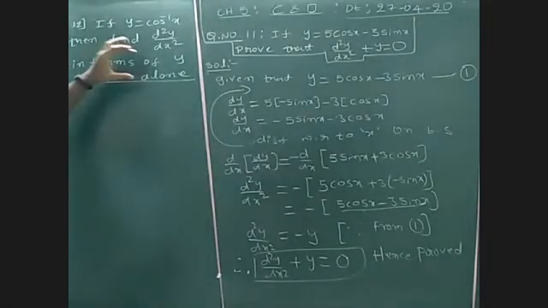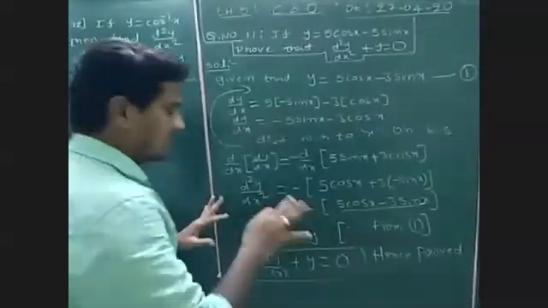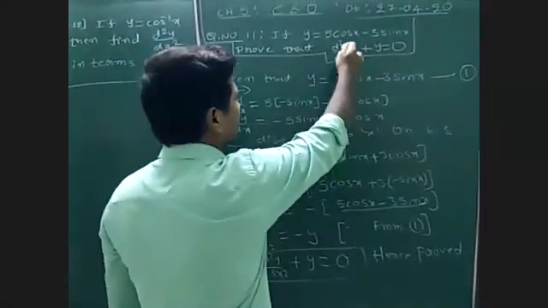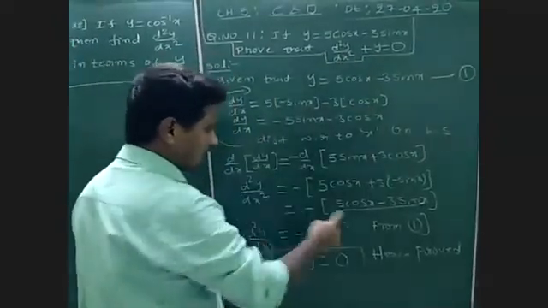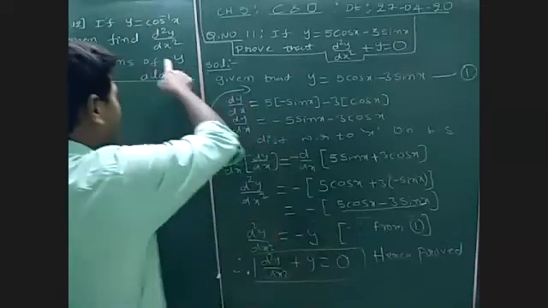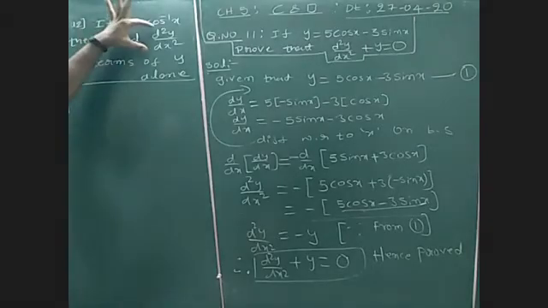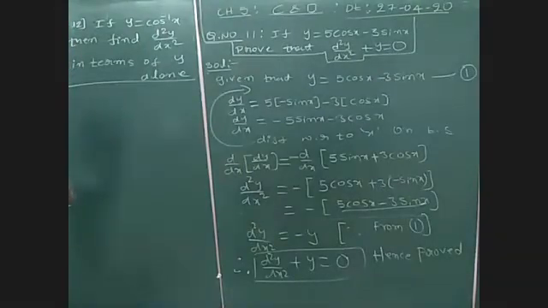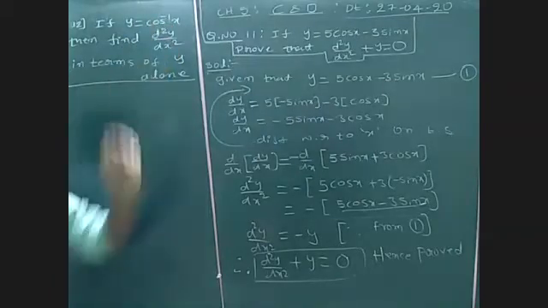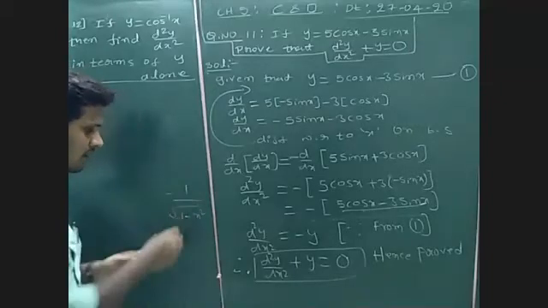Particularly here they ask, see, in the previous question up to here also this is right. Actually, if they don't give the condition like prove that d square y by dx square plus y is equal to 0, up to here also it is right. But here specially they ask in terms of y alone. So here we need to differentiate y. How will you differentiate? Can you differentiate directly? Already we know that the derivative of cos inverse x is minus 1 by root over 1 minus x square.